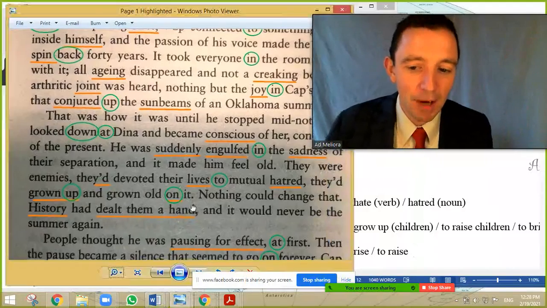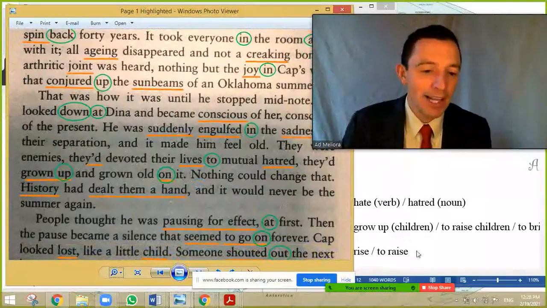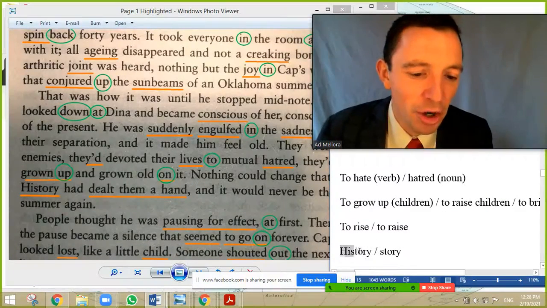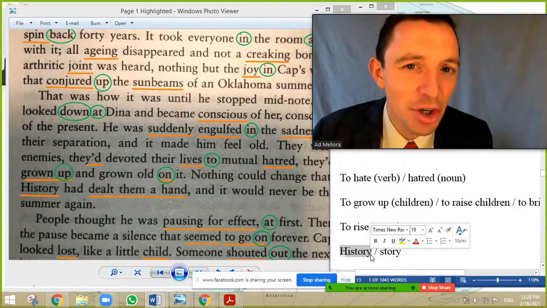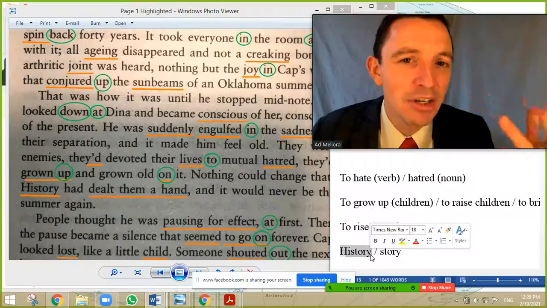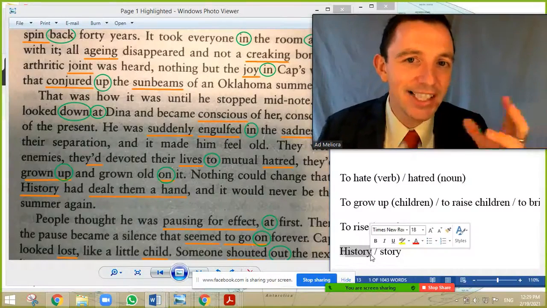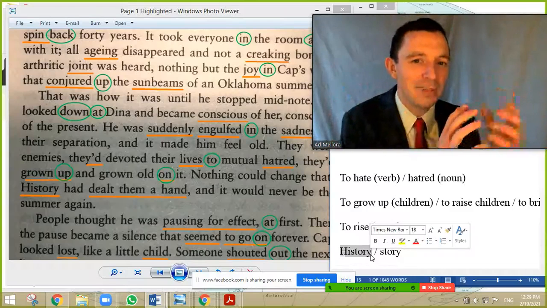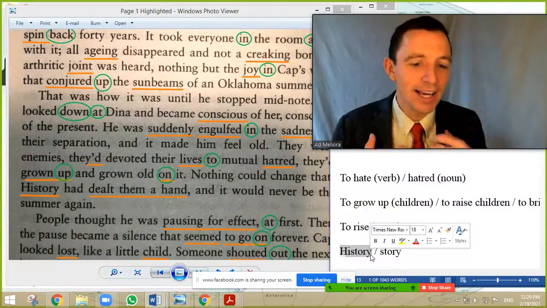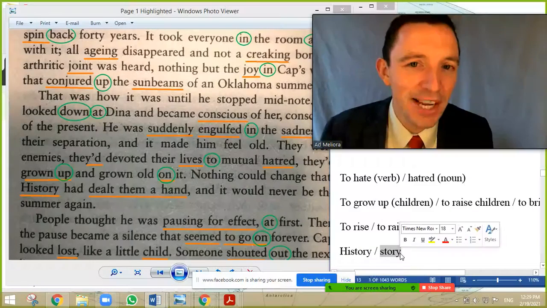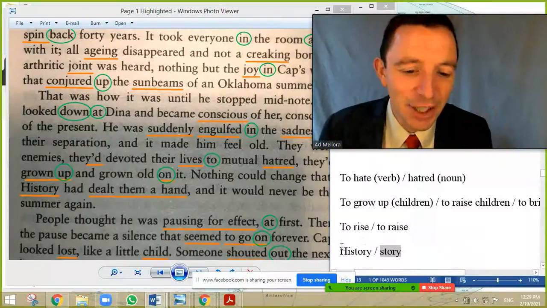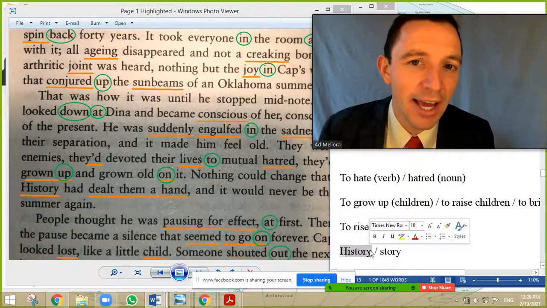Okay, good. History. So I want to explain the difference between history and story. Basically, for your country or for the subject in school, you study history. In school you have history of Spain, history of Brazil, history of Bolivia, history of Indonesia. That's the subject. But the story is a bit more general. I have a story from the weekend. I want to tell you a story about my holiday. So there's a big difference in the context and the use of story from your holiday, story from the weekend, but the history of the country and the history in school, the subject.